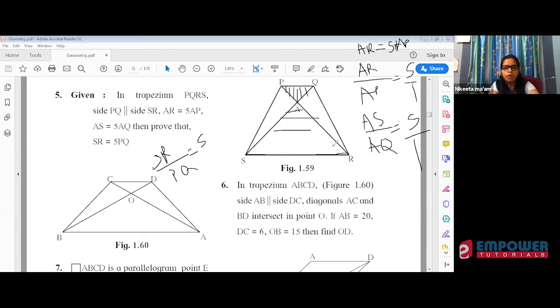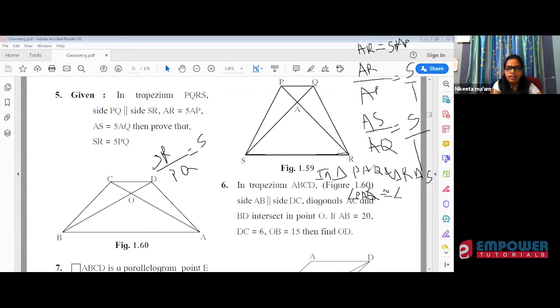So what we are going to do, we will say that in triangle PAQ and triangle RAS, we can say that angle PAQ is congruent to